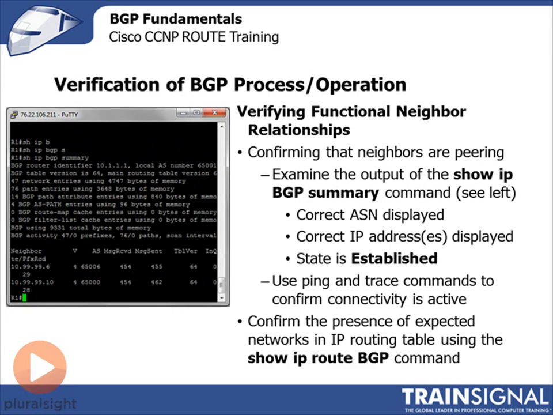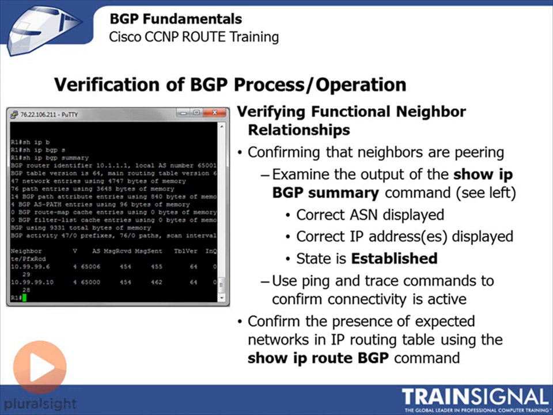In order to be able to understand and verify that neighbor relationships are fully functional, you can use the show IP BGP summary command. You can also use the show IP BGP neighbors, but there tends to be a great deal of information in that. If you're just trying to check quickly, the graphic to the left, the show IP BGP summary, is going to be the most helpful. It's going to show the correct ASN, but it'll enable you to verify whether the correct ASN has been configured, the correct IP addresses are being displayed, and the state is established,